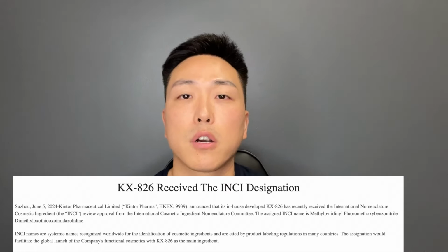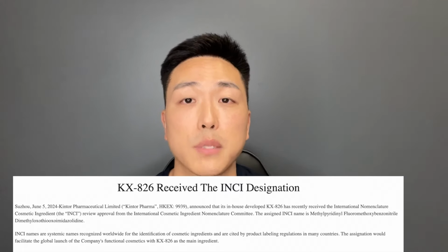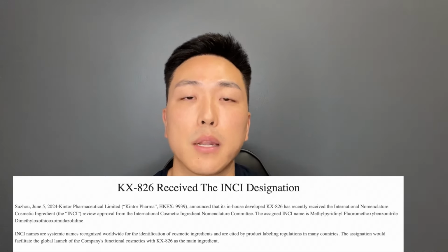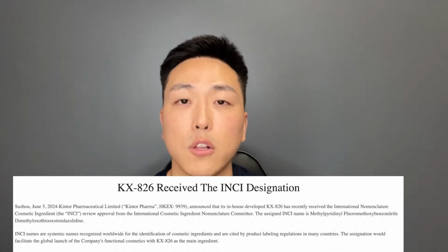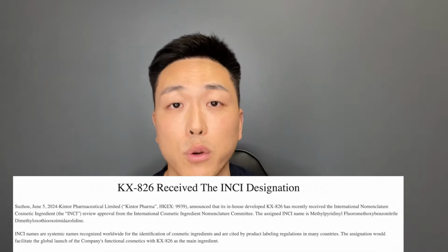INCI names are systemic names recognized worldwide for the identification of cosmetic ingredients and are cited by product labeling regulations in many countries. The designation would facilitate the global launch of the company's functional cosmetics with KX826 as the main ingredient. First things first, I'd be interested to really see the results of the 1% versus 0.5% because apparently